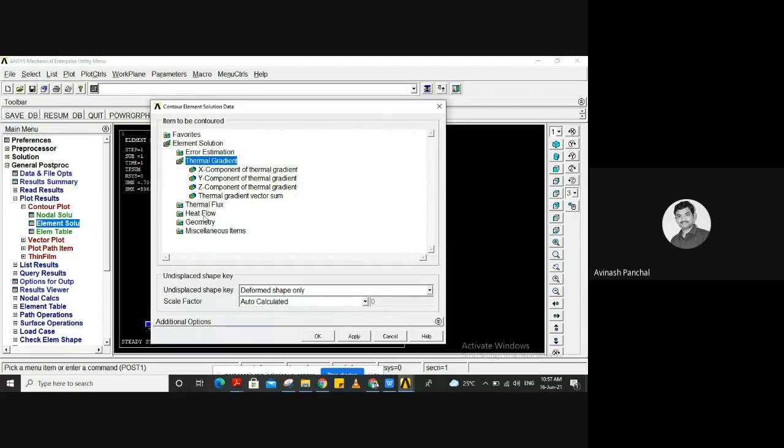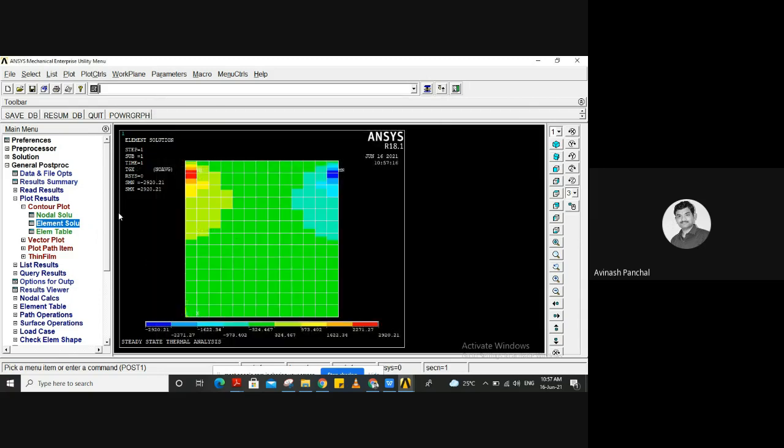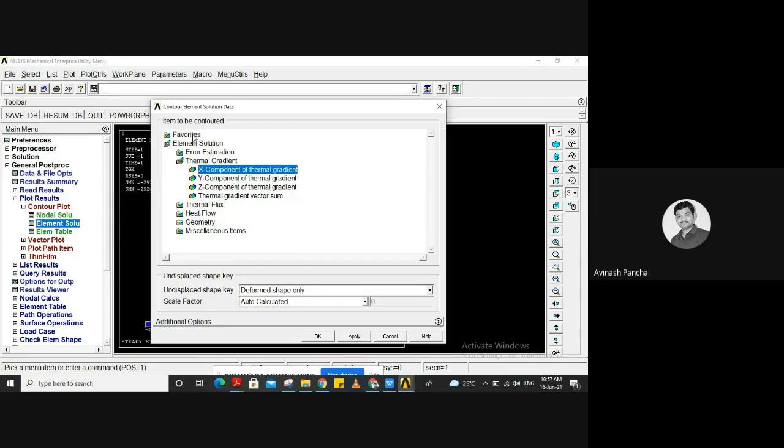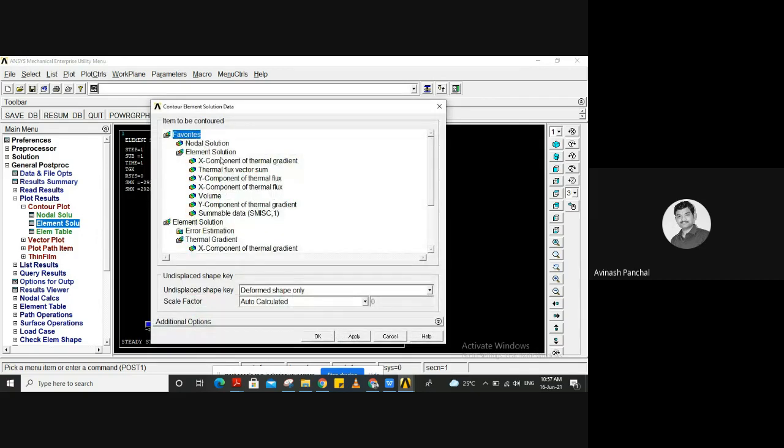And then we can have the thermal gradient again. Everything we can see over here. The nodal solution we have seen, everything we have seen.